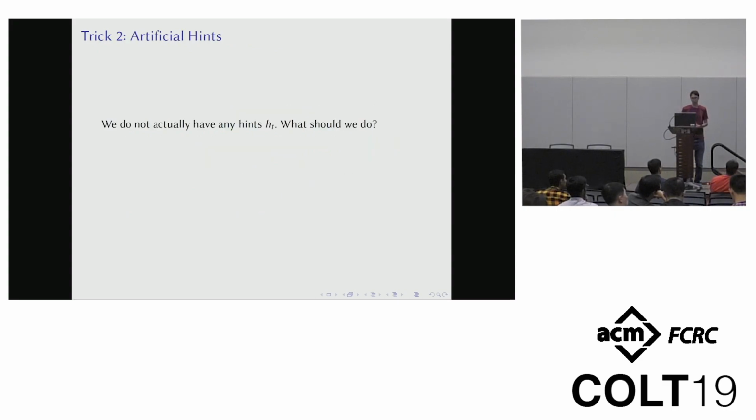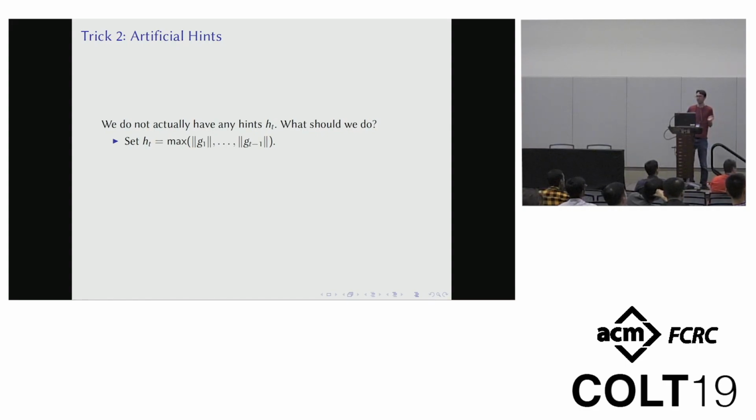All right. But we don't actually have these hints, so what should we do? Well, I think we do what the natural thing to do is. If you were actually coding up this algorithm, you wanted to use it in a real application, you don't know what these hints are, what would you do? You would just make the hint be the biggest thing you've seen so far, right? That's probably reasonable.